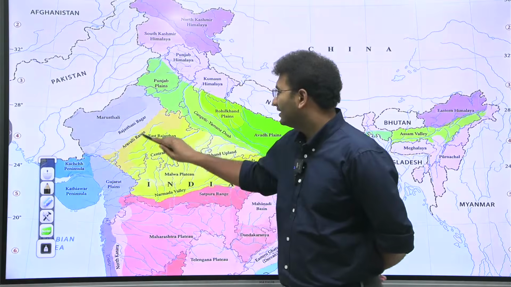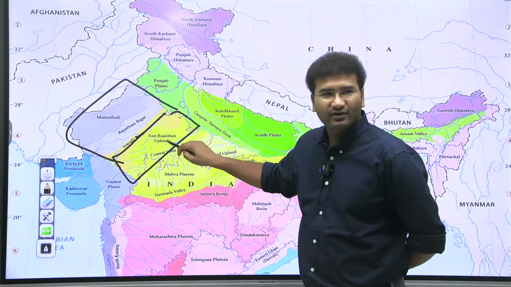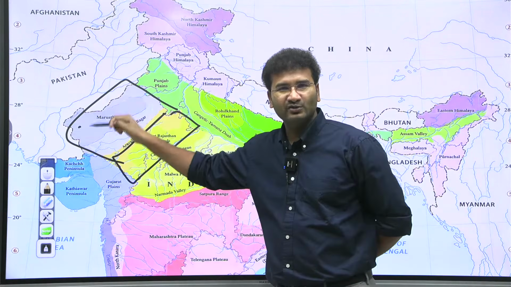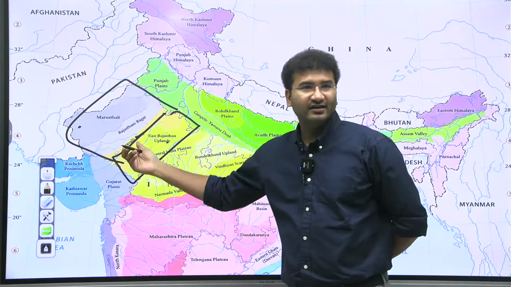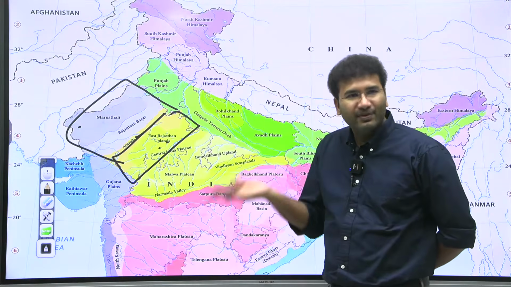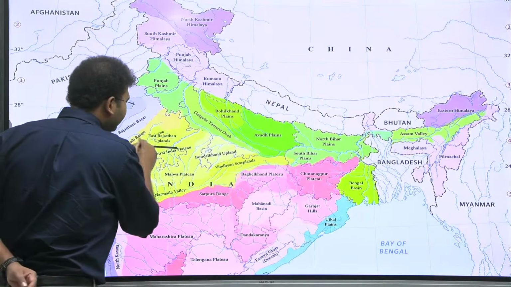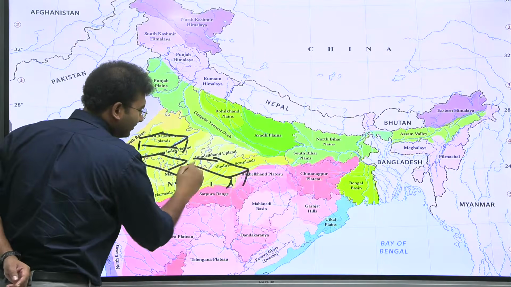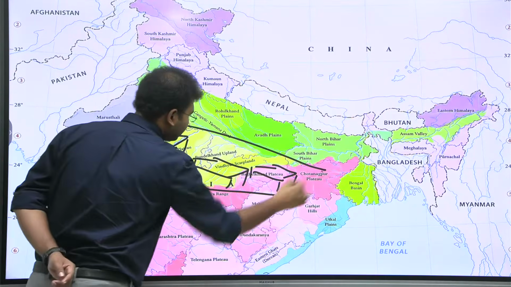So if this is your Rajasthan, imagine this is your Rajasthan. Can you call this the eastern part of Rajasthan? This is the western part of Rajasthan. The western part of Rajasthan is Marustali, and the central part of Rajasthan from north to south is Rajasthan Bagar, and then you have Eastern Rajasthan. This Eastern Rajasthan is an upland. It's a plateau, right? Just imagine, this is also a plateau. This is also a plateau. And this is also a plateau. A collection of these plateaus we'll call the